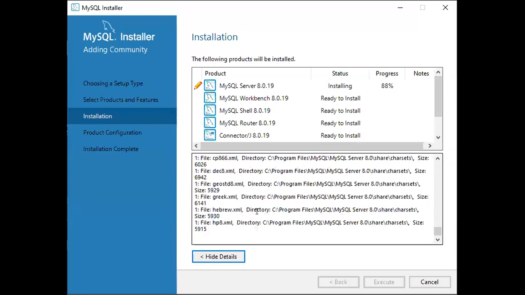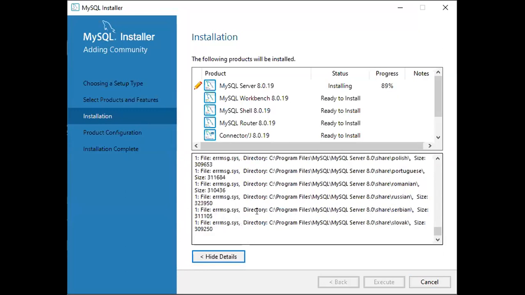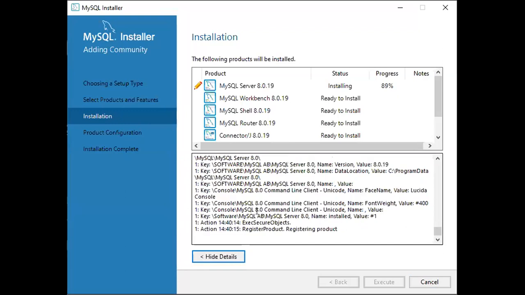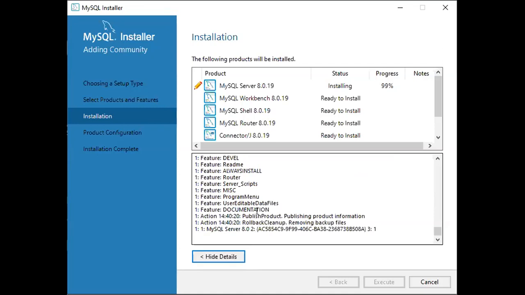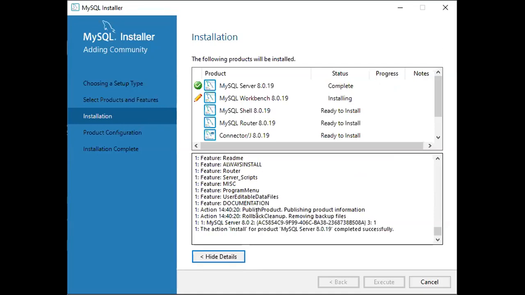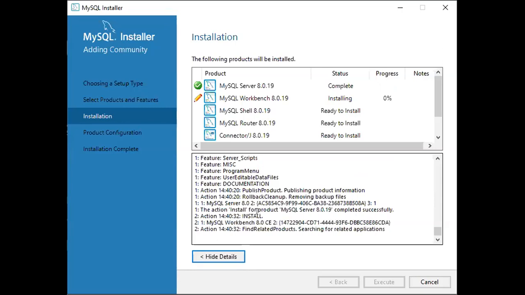So that's the reason, for the safe side, I told you that we have to install the Visual C++ distributions also, for 2015, 17, 19. If you install those three versions, then 99% you won't get any problem in your MySQL installation.